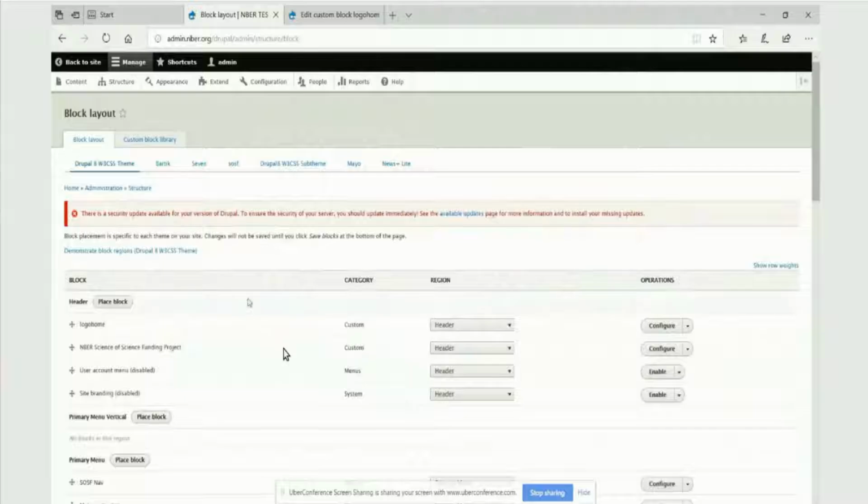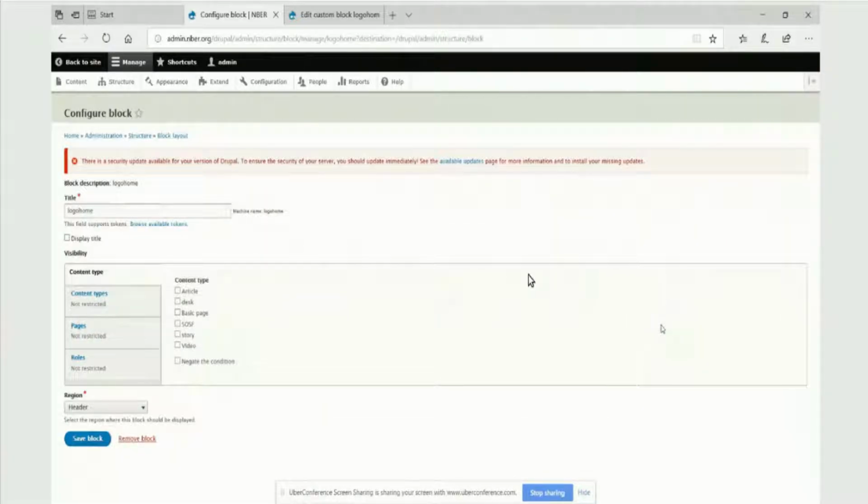Do you see that in the header? If you click to the right of configure, there should be an edit. Oh, I don't know if you can edit it from here. You actually have to go back. I thought they would give you an edit widget there, but they didn't. So if you go back, actually,